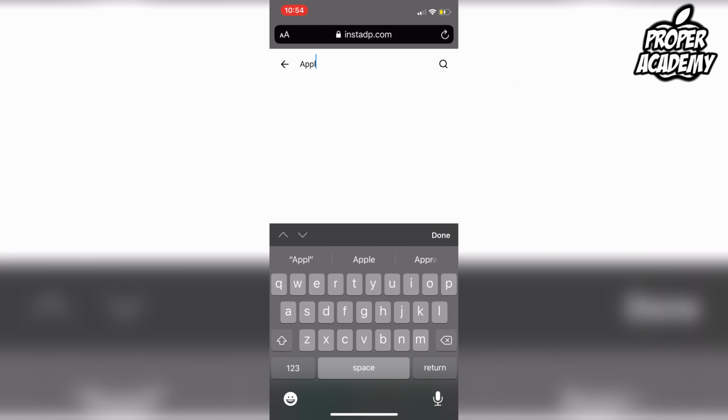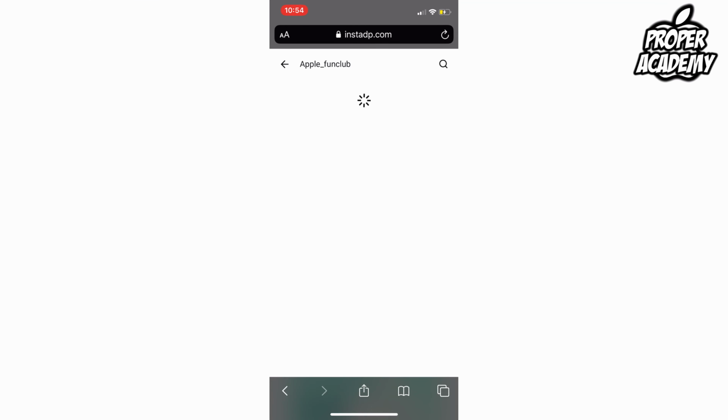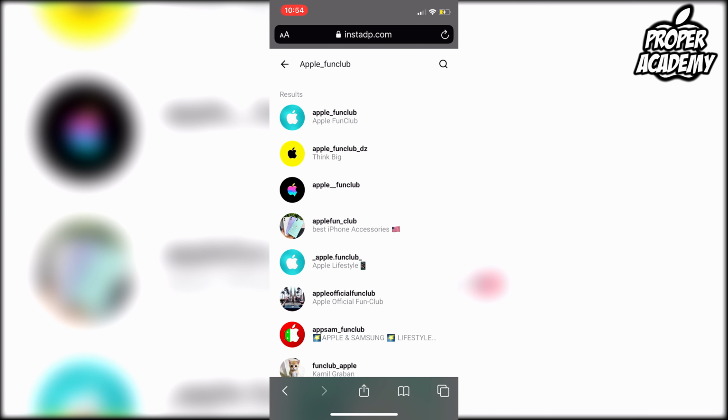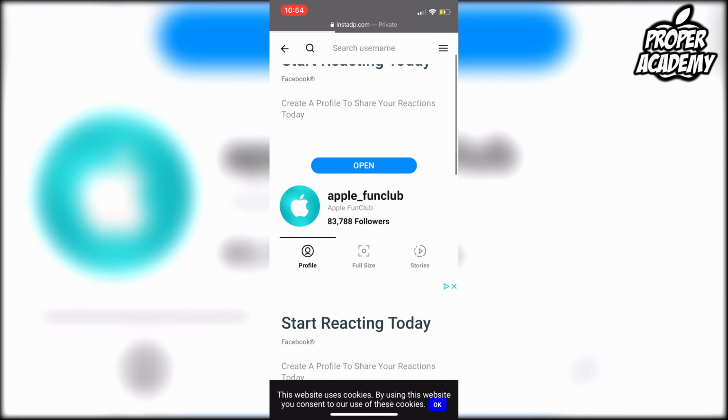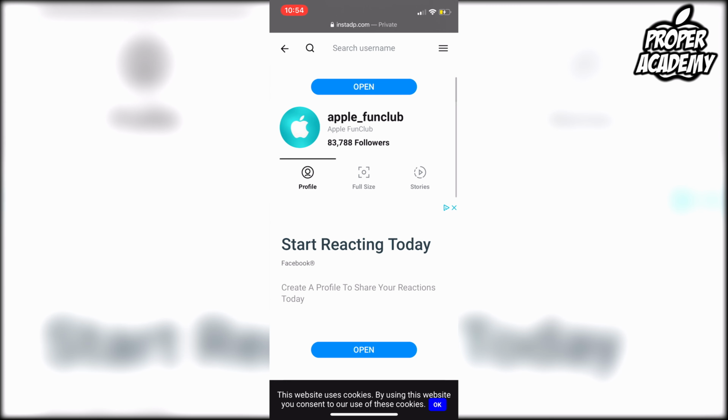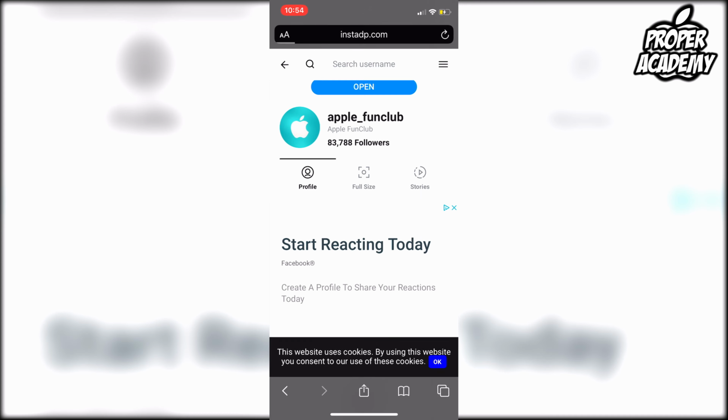So I'm just going to type in Apple_Fun Club. Search for the page, and then you'll see the page right there. So we'll just click on the page, and then if we just scroll down, and you'll see under the name there, it says profile, full size, and stories. We can just click on stories,